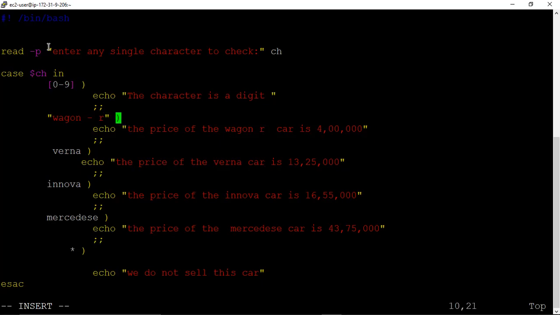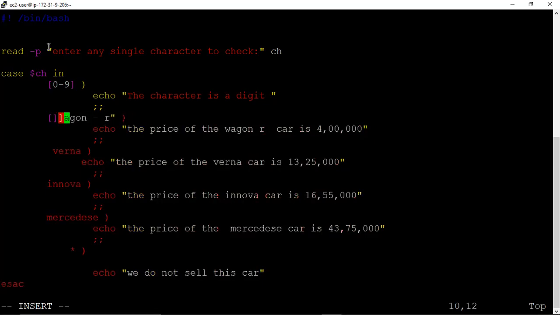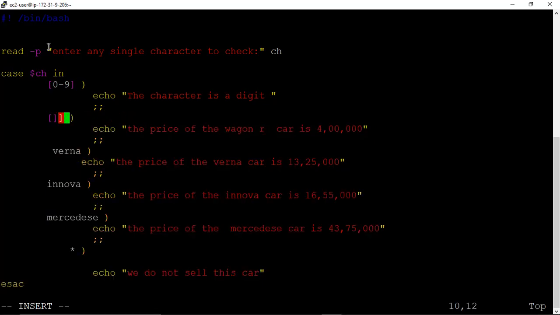Then next variable is small a to z, no space, capital A to capital Z, no space.